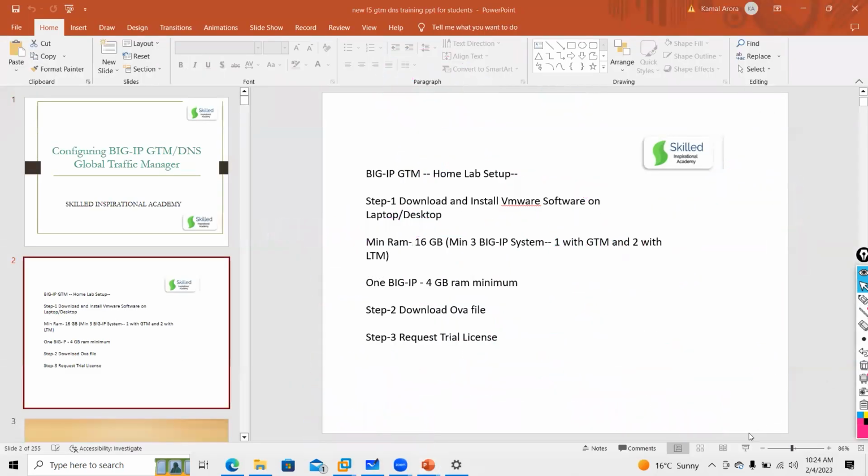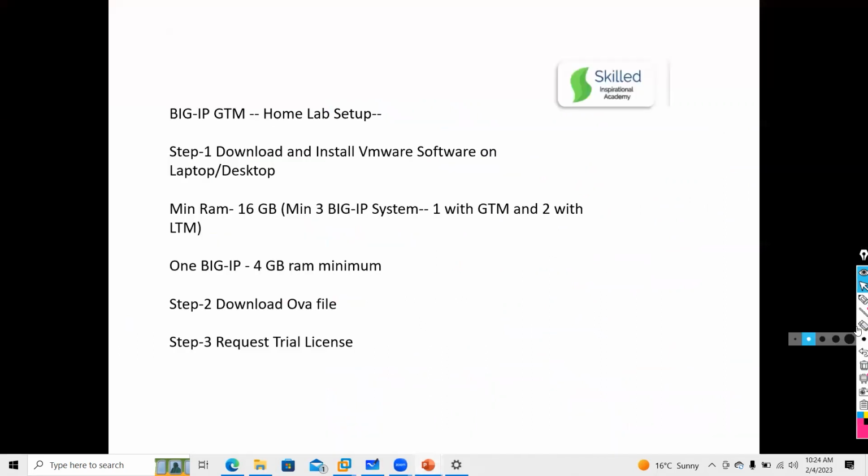I will show you. So you can do lab setup either on VMware or EVNG. Minimum 16 GB RAM is required. First, you need to download and install VMware software. I will tell you from where you can download. Otherwise, I will share it with you in the